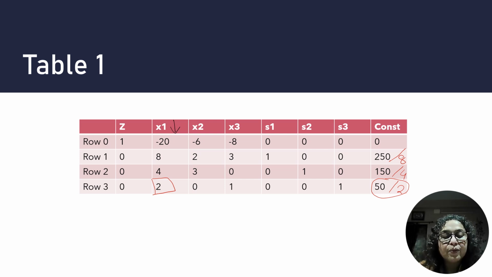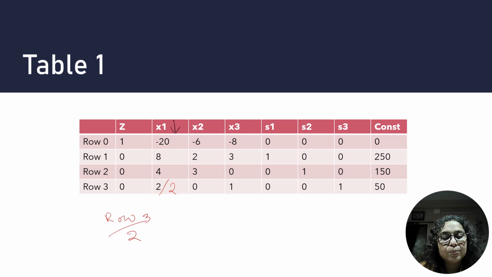What does that mean? If I pivot around 2, that means this will become 1 and this has to be converted to 0. So we start with our first step. Since we have already decided on the pivot element, we know the column, x1 column, and we know row 3. That means it is going to replace S3. And so let's begin with the exercise. So we have to convert this 2 to 1. Simply we divide this by 2. So we divide row 3